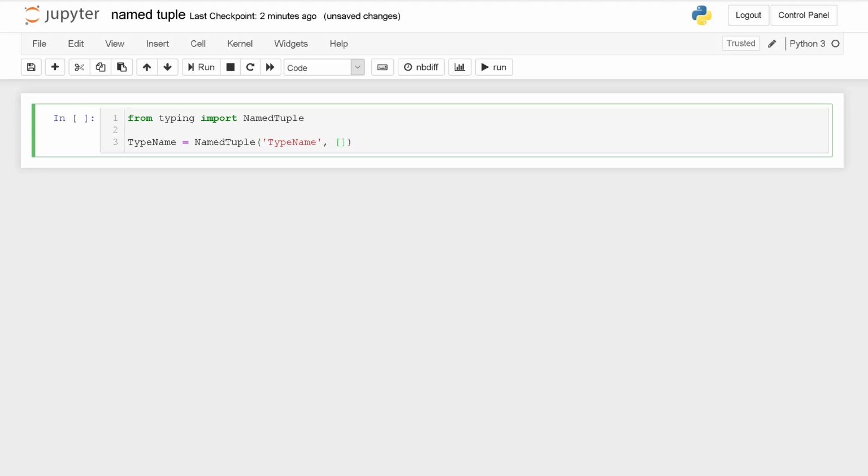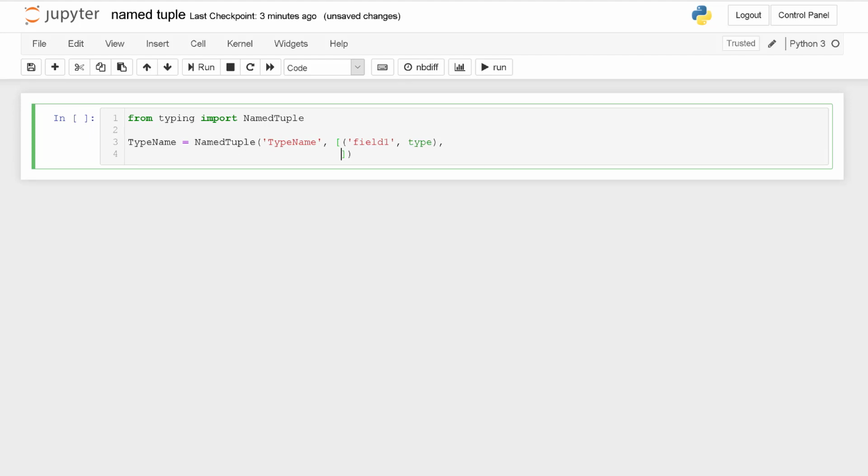Each field, or each of the ordered elements, is created by putting in brackets the name of the field as a string, then a comma, and then its type, where the type might be int, or string, or some other type. To add another field, I add a comma, and then another field in parentheses. You don't have to put it on another line.